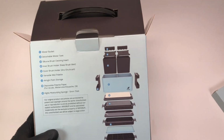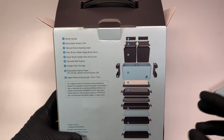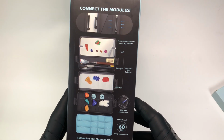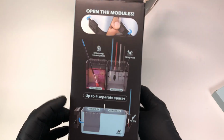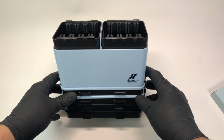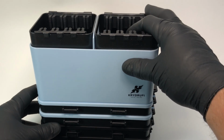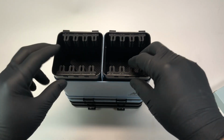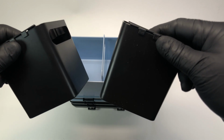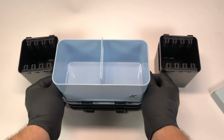Oh, I forgot to mention too, there is some information on the outside of the box that gives you a rundown of what you're getting, and a little more information on the side of the box, and again the other side of the box. And as you can see, here are all the components put together the way they are when they come out of the box. What you get are 2 cups for, I suppose you could use them for water or your solvents, and then the next section here,